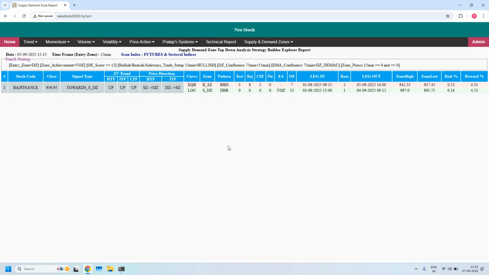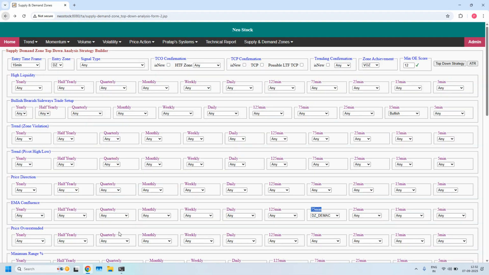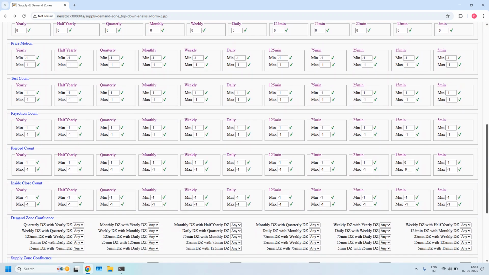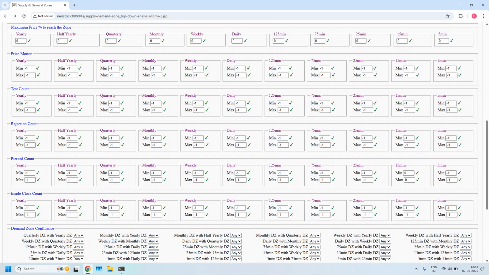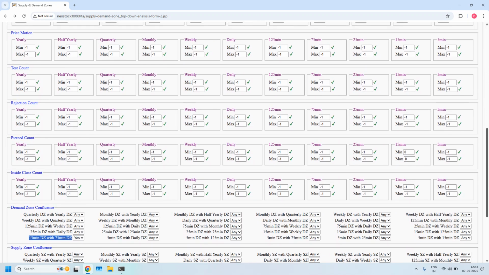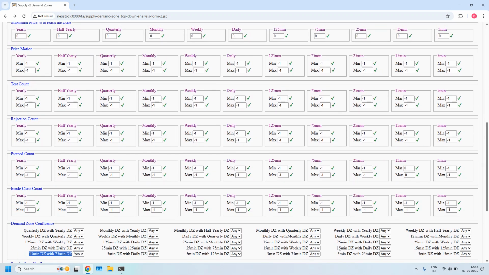Okay, next filter: LTF, ITF, HTF demand zone confluence followed by HTF EMA confluence. So I am going back, removing the ITF EMA filter. In the demand zone confluence, 3 filters we are setting. First filter is already enabled, 15 minutes and 75 minutes demand zone. Next, 15 minutes and daily demand zone confluence, 75 minutes and daily demand zone confluence. By enabling all the 3 filters,